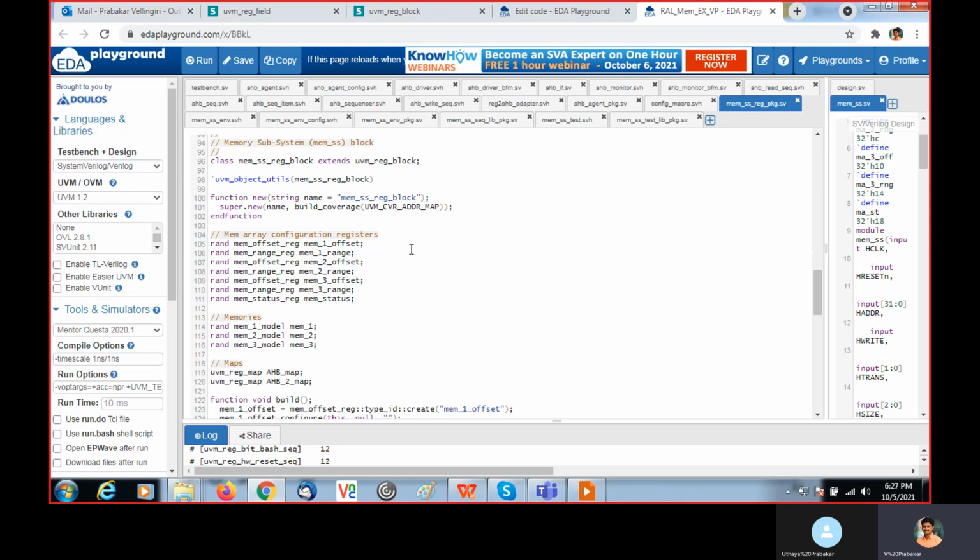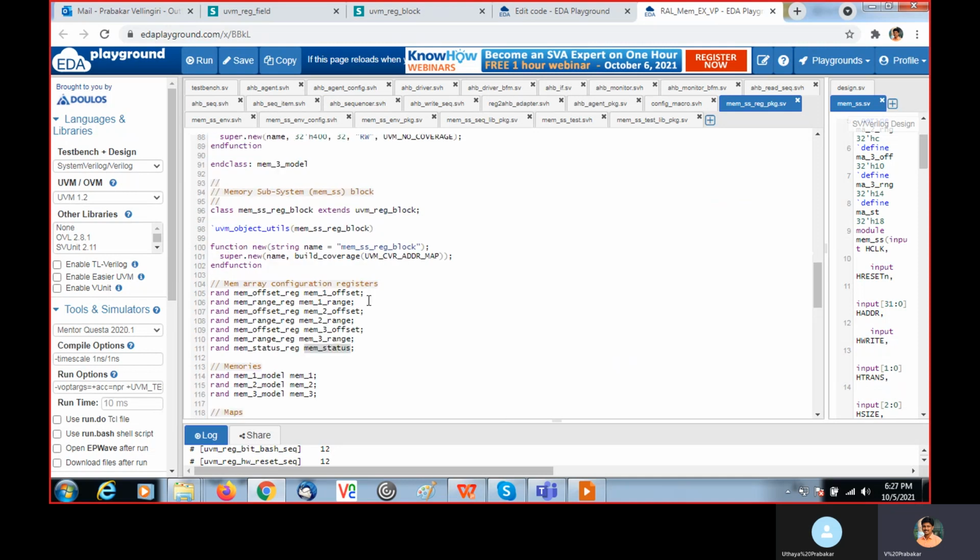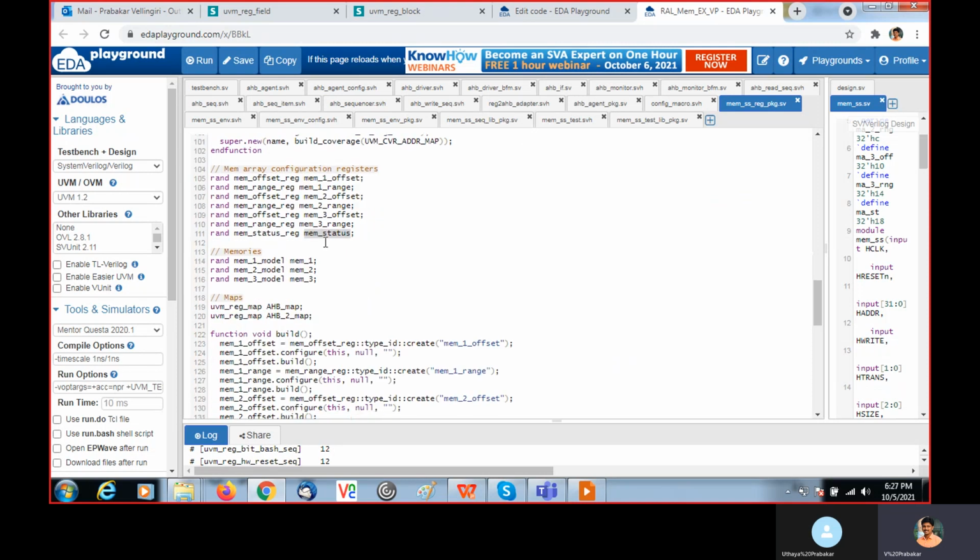For 3 offsets I need and 3 ranges I need. So one is mem1 offset, then mem1 range, of type mem range register. Then again the offset register, we get as mem2 offset, mem2 range, and mem3 offset, mem3 range, and this is the status register. So all the registers I declared here based on the need.